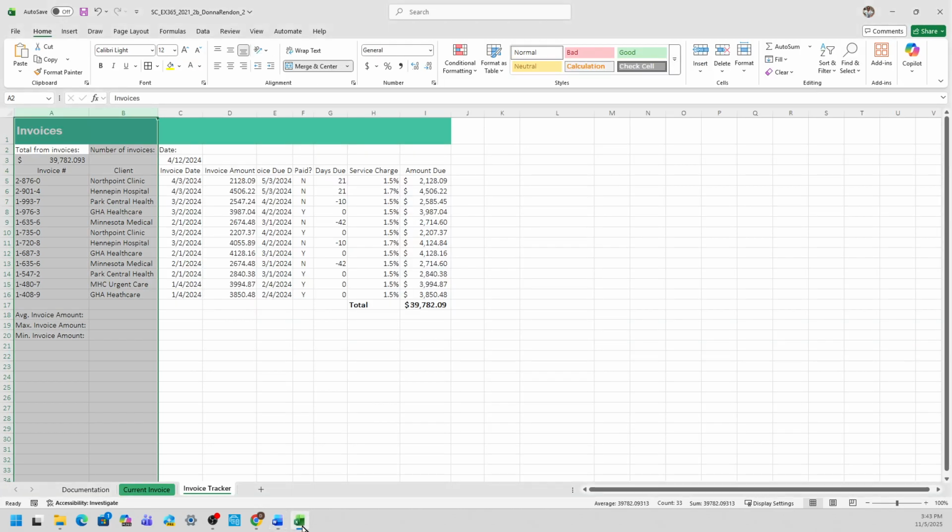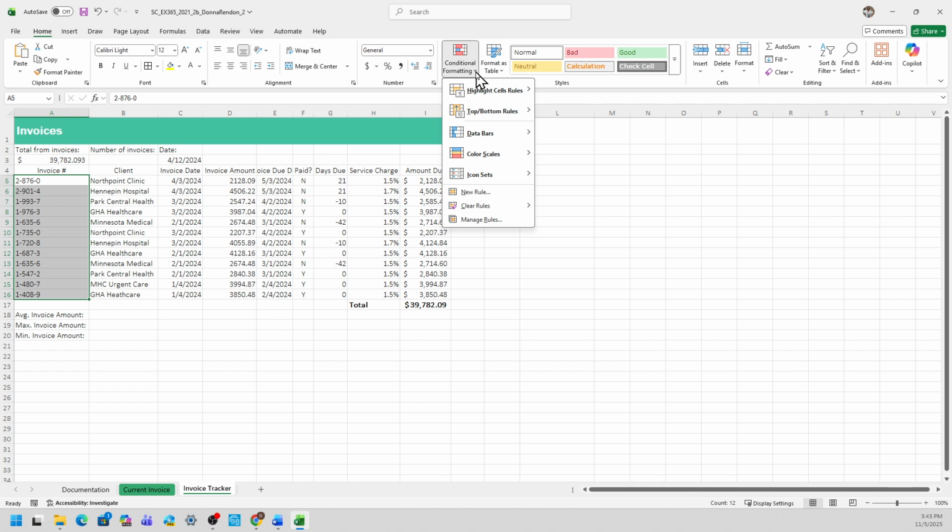So back to the start file. And then you select A5 to A16. So I think this one here is A5 to A16 here. Make sure it's correct, A5 to A16. Select the Home tab if you're not there. From the conditional formatting drop-down menu, select the highlight cell rules. Go to the right and select the duplicate values.